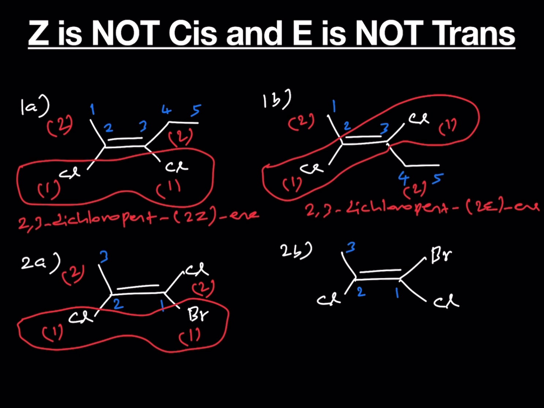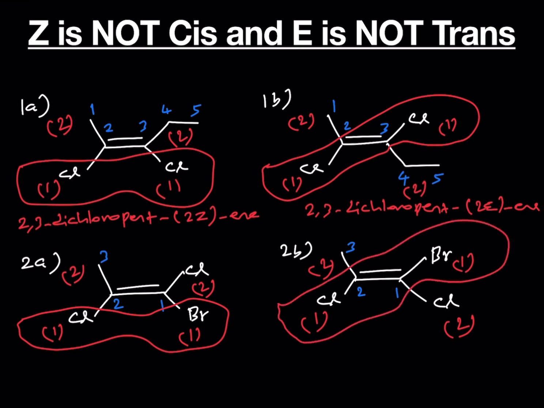For molecule 2B, on the left hand side 1, 2, and then on the right hand side 1, 2. Here our priorities are on the opposite side, therefore this is an E isomer,